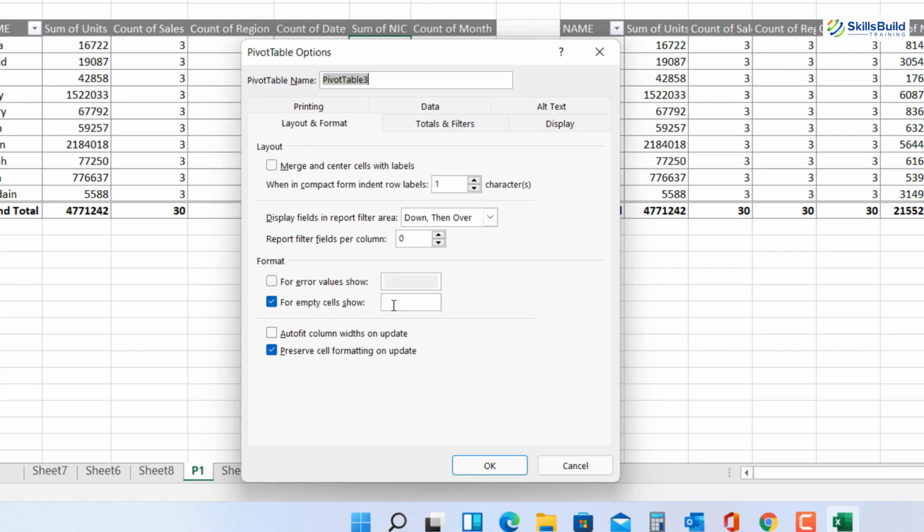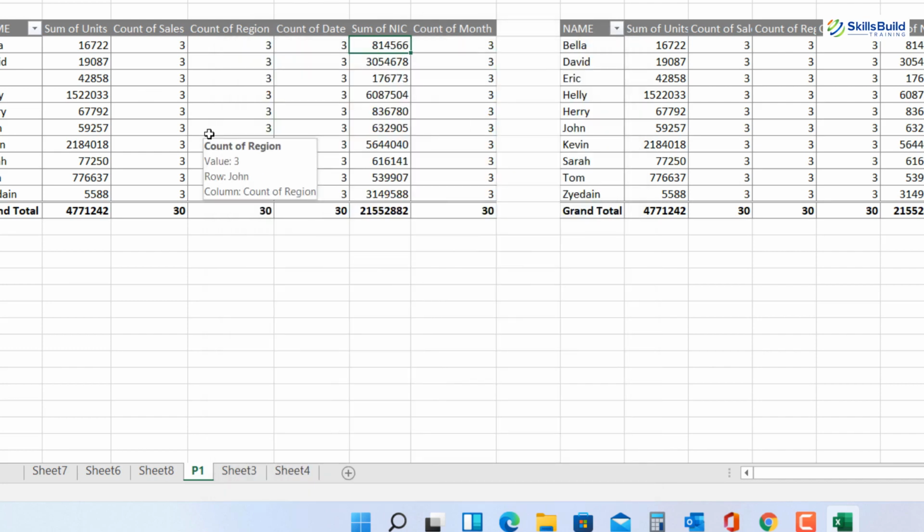Sometimes you don't have the complete data. For example, in this particular scenario, I have all the data, but what if a person did not visit a particular region and did not do any job, so the value is blank. To make your pivot table more reasonable and more visible, you can change the blank spaces into something.